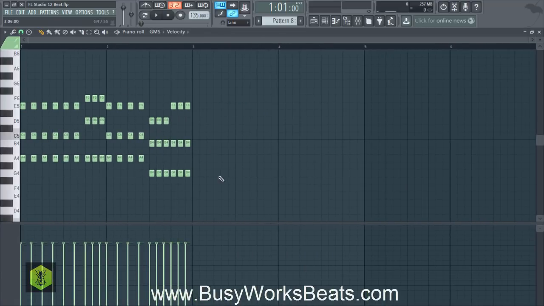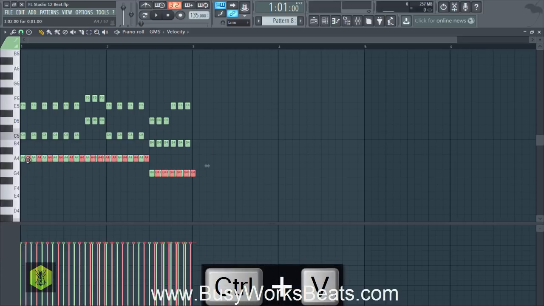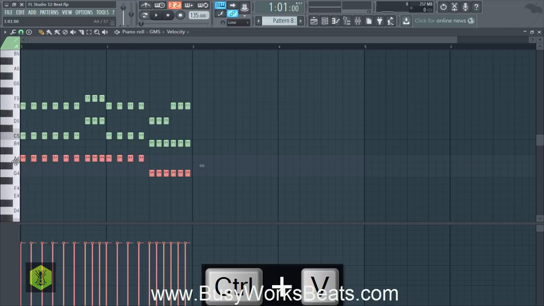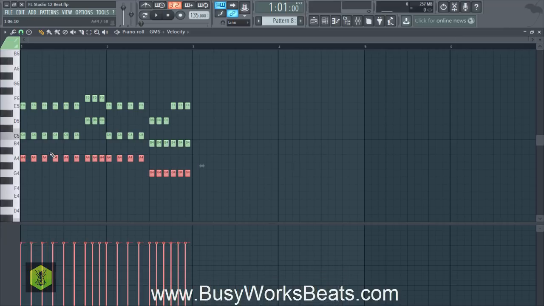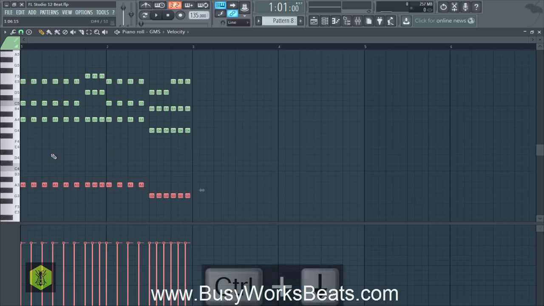Okay, and now we're going to hit Control, left click and drag. And then we're going to hit Control C, Control V. So that's going to copy and paste. What we're going to do is left click and pull this back to overlap the old notes. Now we're going to hit Control down to transpose those notes down an octave. And what this does is it takes all these root notes and it drops it down an octave.